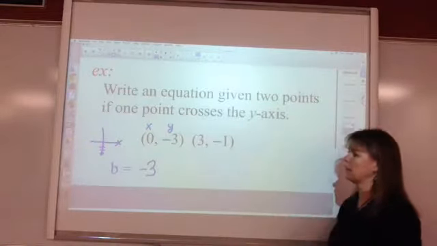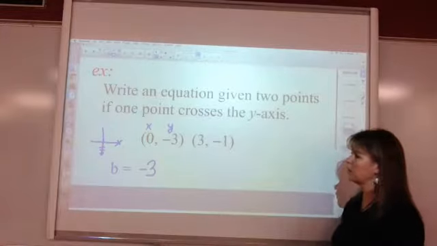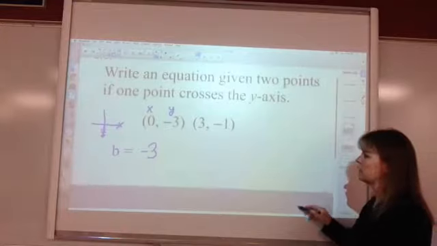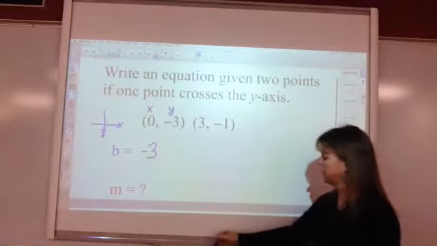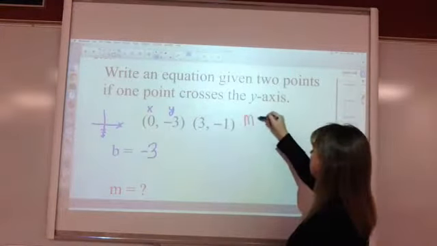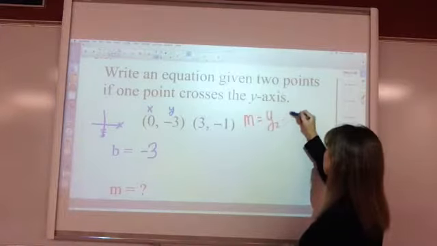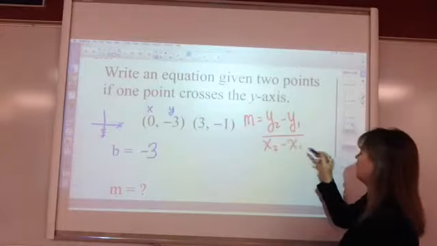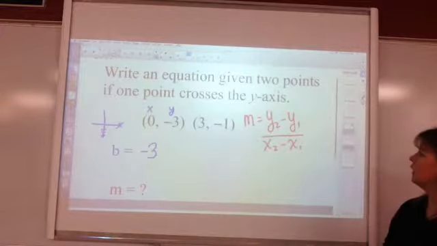The problem here is that we can't find slope. We don't have a graph. We can't count rise over run. They didn't give us slope. We have to find it ourselves. This is review. We've already done this. Here's your formula. Please rewrite this in your notes so you have it handy for daily quizzes and looking back